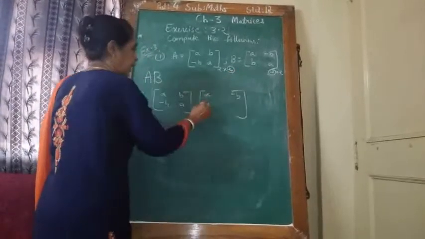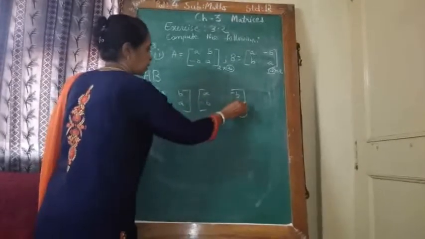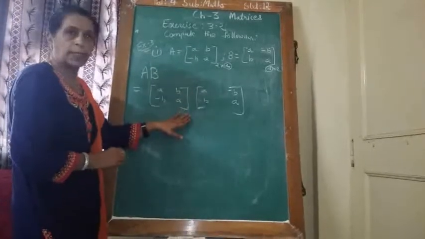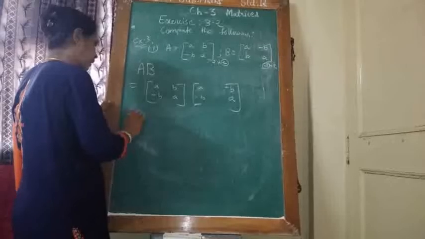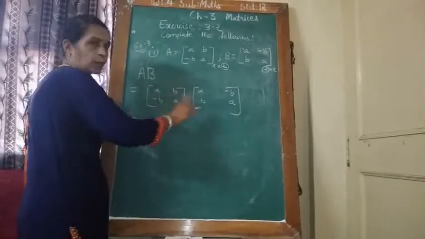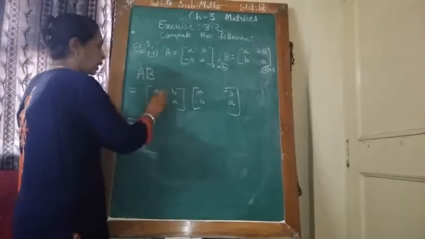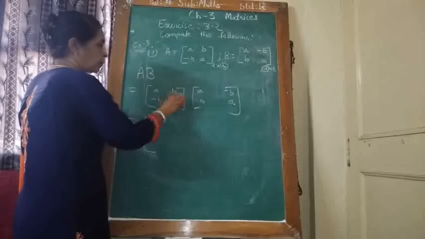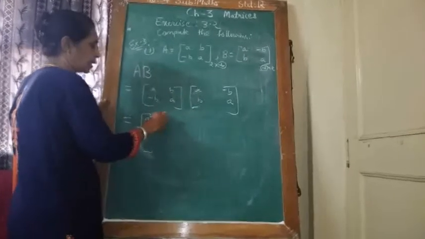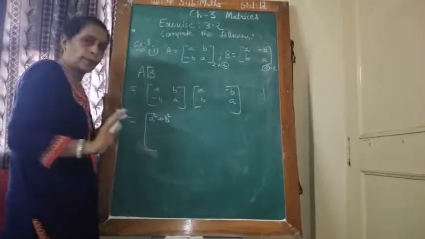So this step is very important to check. Write the elements and again you check you have written correctly or not. After that, what I have taught you: first row with first column, do multiplication of corresponding elements and then you have to do addition. So A into A square, B into B, these two do addition. After doing multiplication, you have to add those 2 elements. So first row, first column complete.